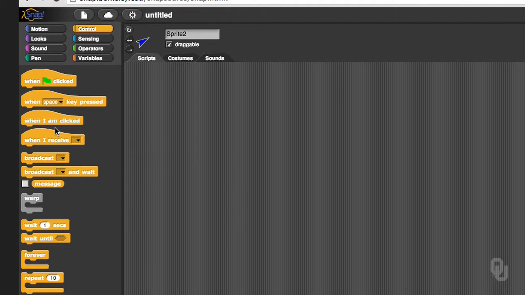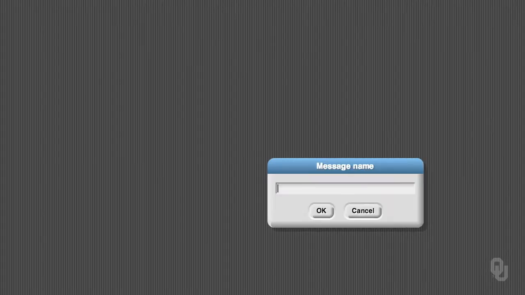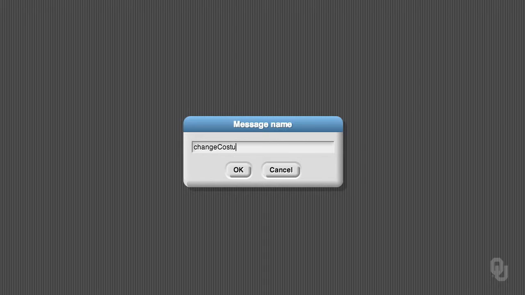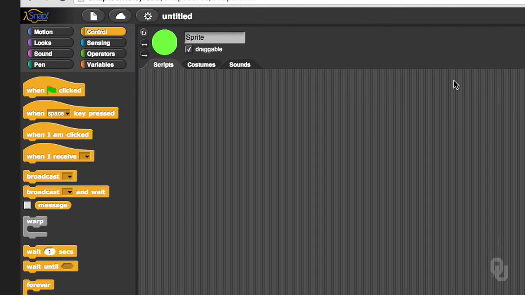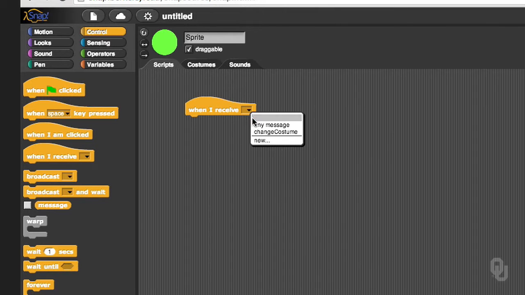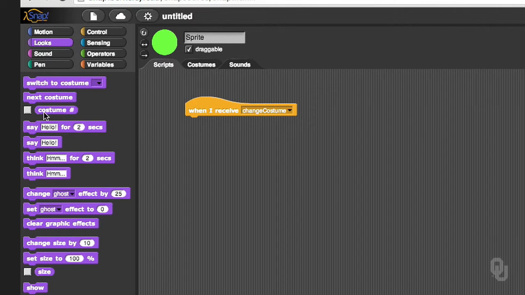So I'm going to click on the blue sprite, and you get a separate program just for that blue sprite. I'm going to tell it when I click, so when the blue sprite is clicked on, I'm going to broadcast a message. And I'm going to call it change costume. And when the green sprite, I'm going to click to the green sprite's window, and you see it has no code. We're going to give it a control, and we're going to say when I receive change costume, we're going to go into something we haven't done before, which is go in looks, and we're going to say